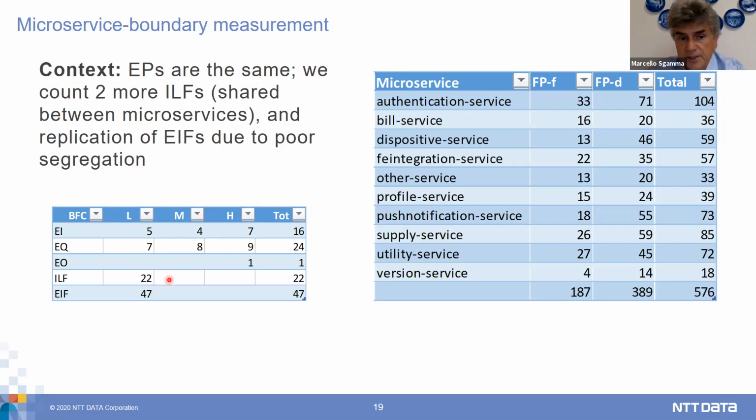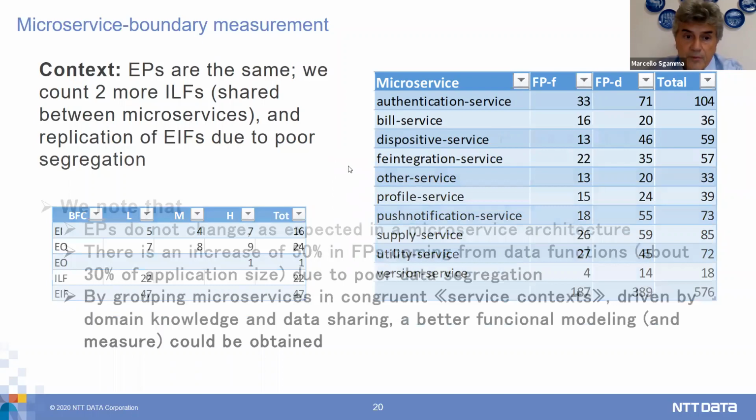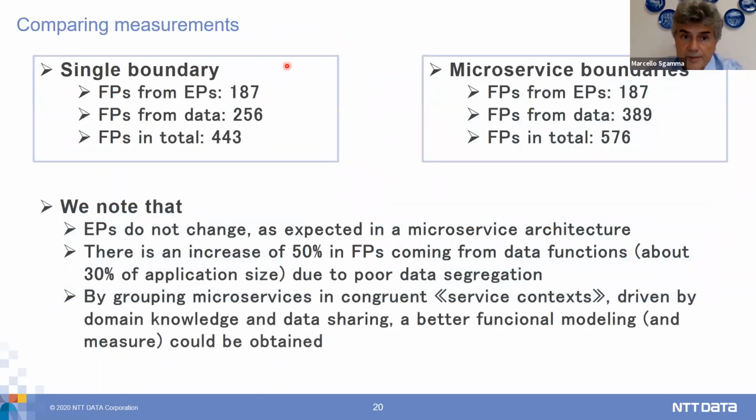ELFs for one microservice, which are accessed as an external interface file from other microservices. This is the key problem when going to microservice boundary, and this applies when data segregation cannot be maintained in the technical solution. Summarizing the counting, we have that with single boundary,